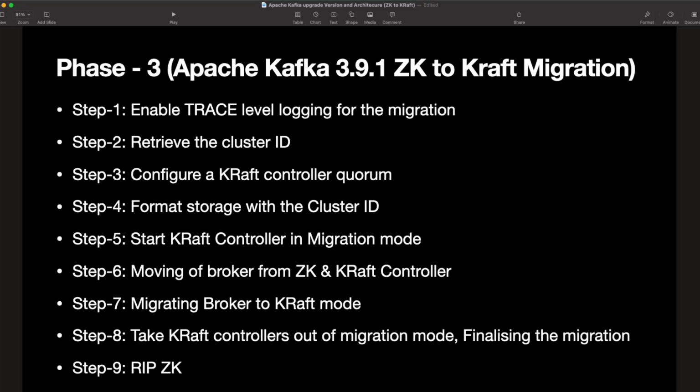First step is enabling the trace, then retrieving the current 3.9.1 cluster ID, then configuring the Raft controller. We have to do some configuration for the Raft controller. Then, using this configuration and the cluster ID, we need to do a metadata setup for 4.0.0. Then we need to start the Raft controller